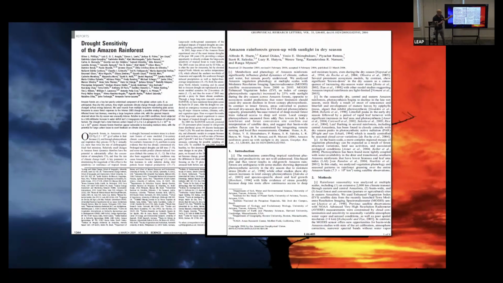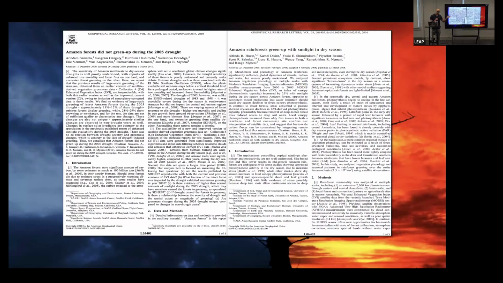And so after we published our paper, some of these guys kind of broke ranks and reanalyzed their data and figured out, in the drought, there's actually a lot more fires too. And they kind of didn't account for that. And so the aerosols and smoke were kind of interfering with the NDVI, the greenness signal, and they reanalyzed their data. And instead of their first papers that said the Amazon forest greened up in the '05 drought, they had a new paper that said the Amazon forest did not green up in the '05 drought. So, kind of this back and forth in science.